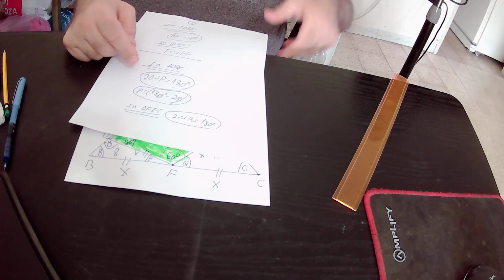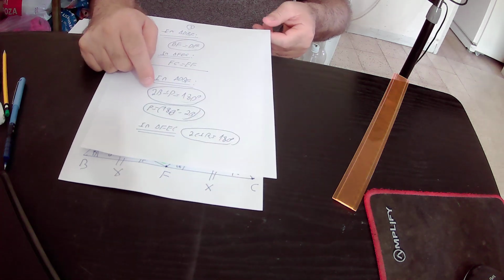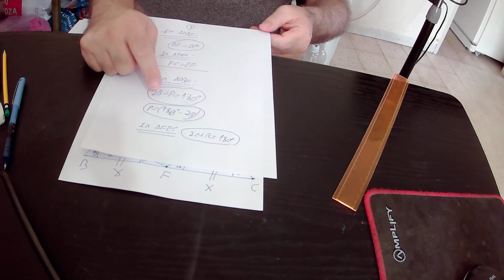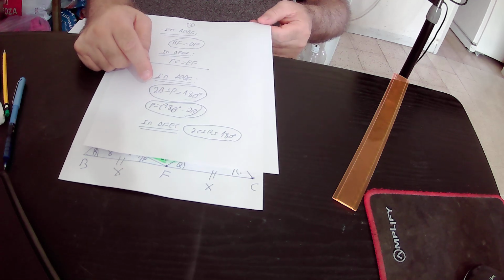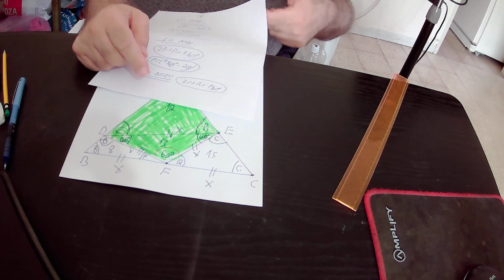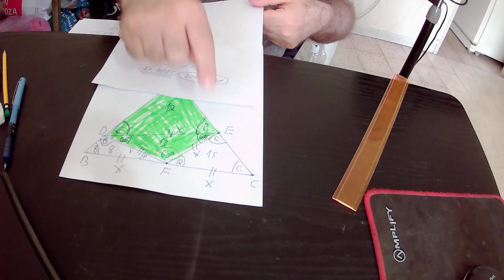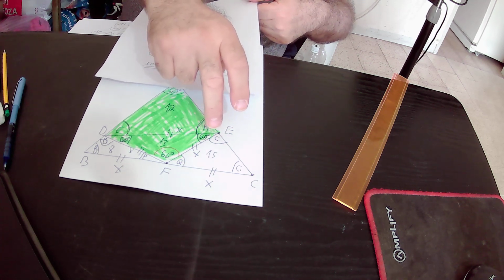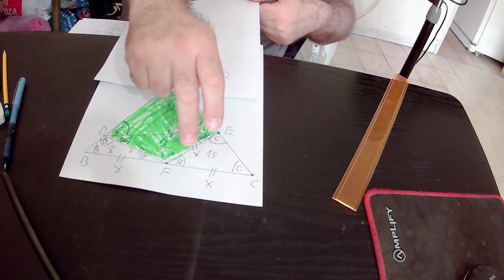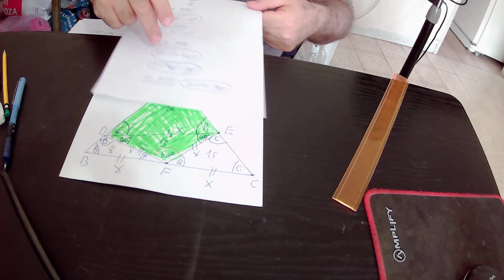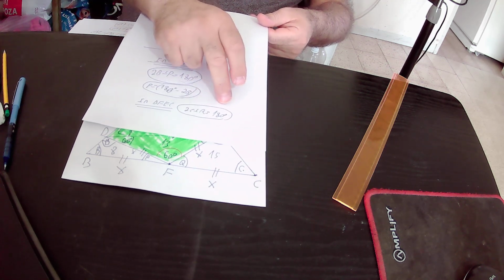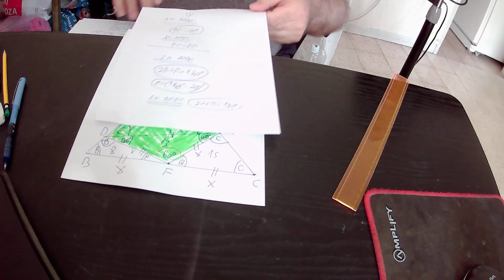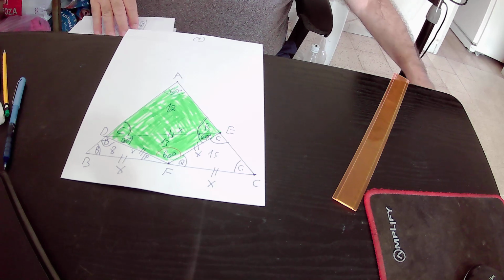We subtracted 2B from this equality and we got that P equals 180 degrees minus 2B. Then in triangle FEC, the sum of the angles is 180 degrees. So C plus C plus Q equals 180 degrees, or 2C plus Q equals 180 degrees. Then we subtracted 2C from this equality